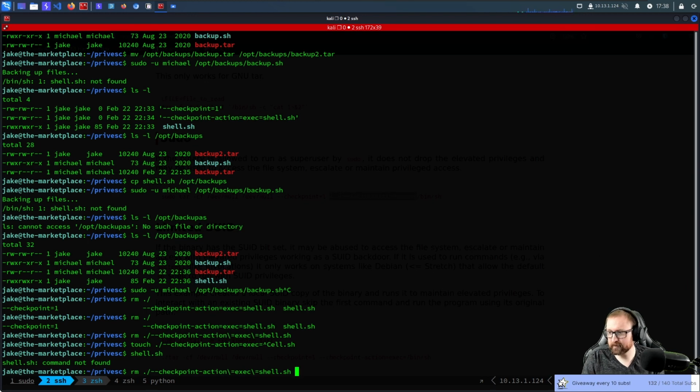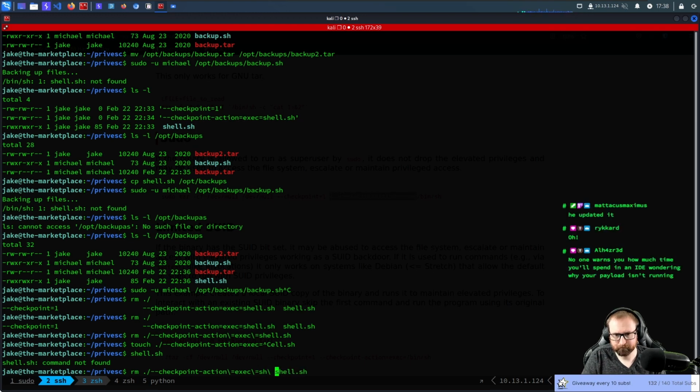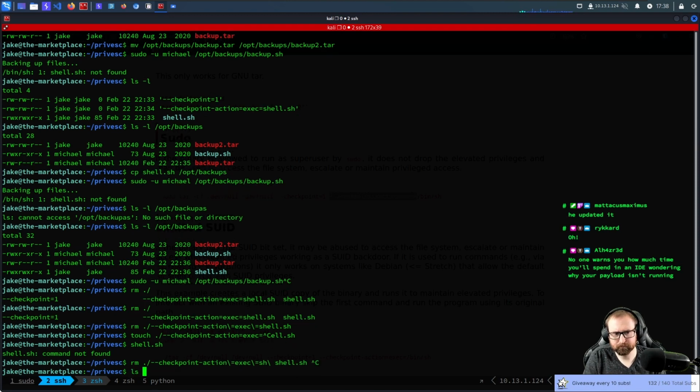Check Al's Necronomicon. Oh, is it in? Does he have... Is it just sh path? I think it's this.